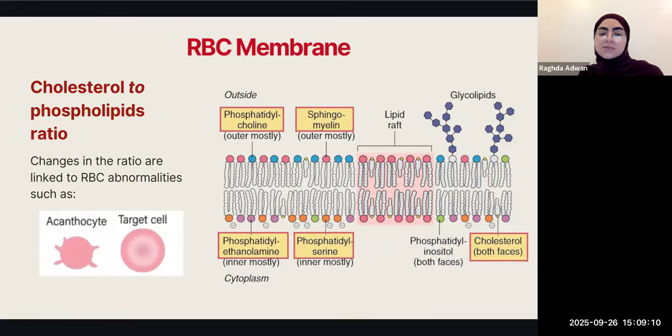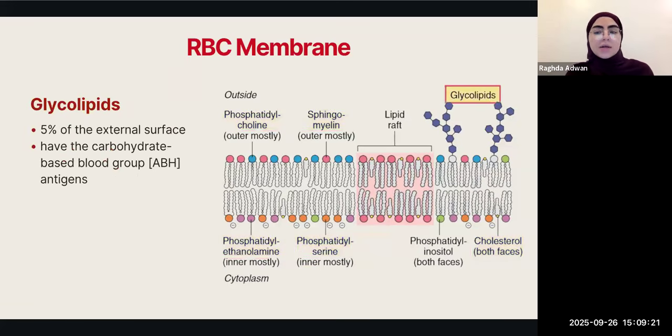Now, you don't need to memorize these specifically. It's just an example to show you that generally any alteration in the normal membrane will result in abnormalities that you're going to be able to see on a red blood cell, such as these two. All right, now the next